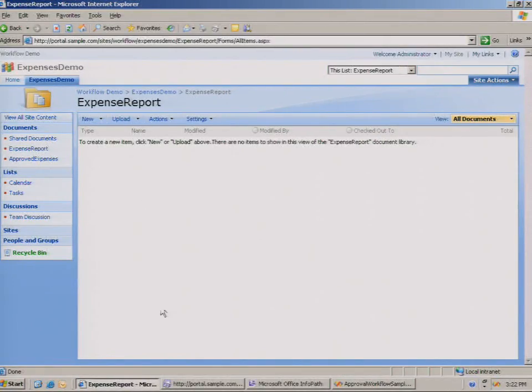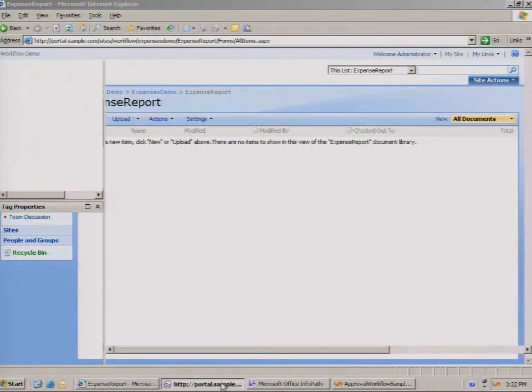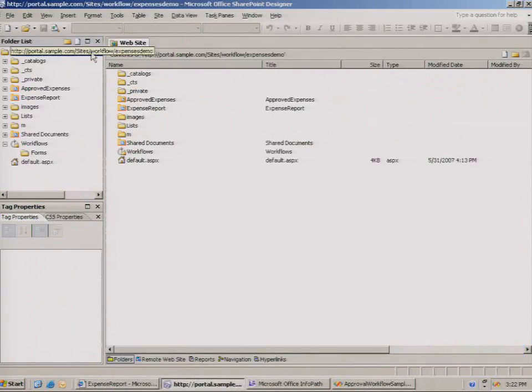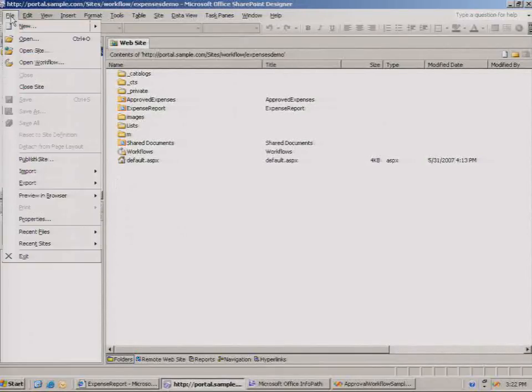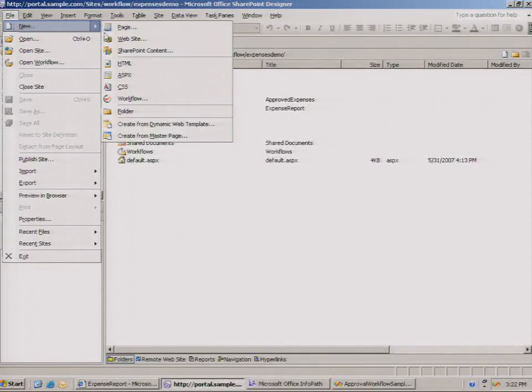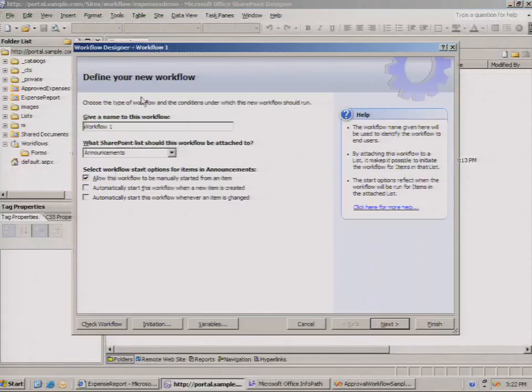So let's start. Here is the SharePoint Designer. If you haven't seen it before, you can probably recognize it does look quite similar to what FrontPage used to look like. So we go in File, New, Workflow, called Expense Workflow. And one key point to remember here is